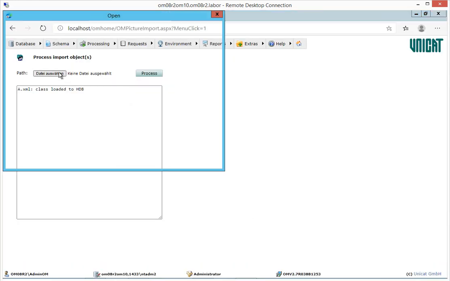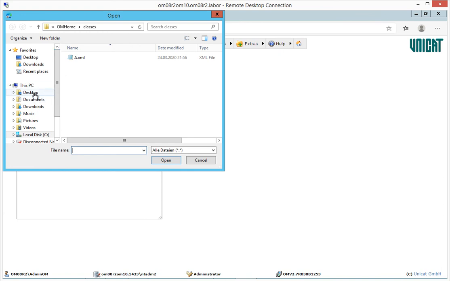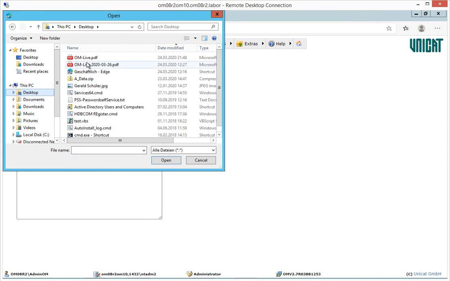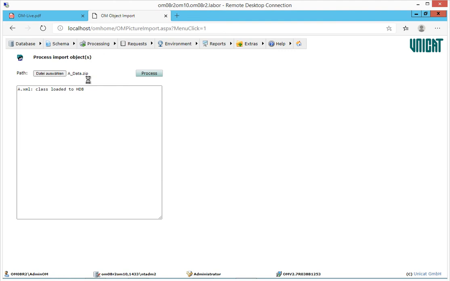I will show you. I select the file, and now I go to desktop, take this zip file and say process, and what now happens is the file is uploaded, the file is unpacked, and the parts of the file, as you can see here, the class, the schema request, and the data will be loaded in one fetch into the Operations Manager database. And so you can collect a lot of your objects together, bring them into such a zip file,